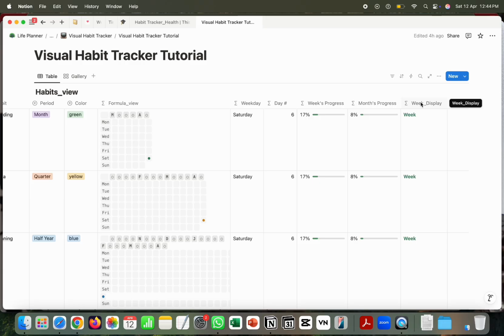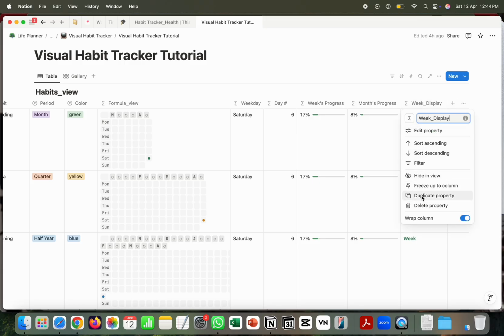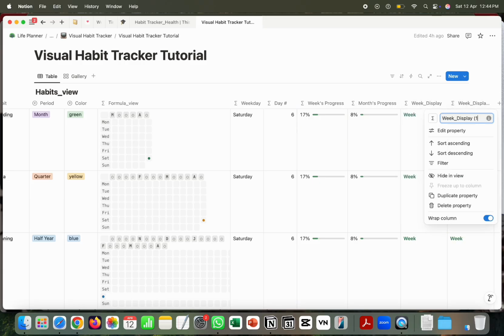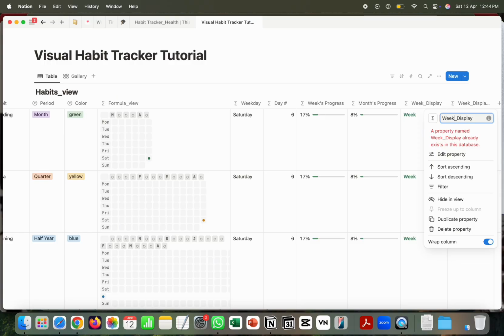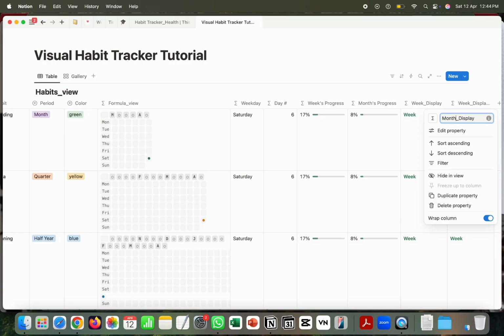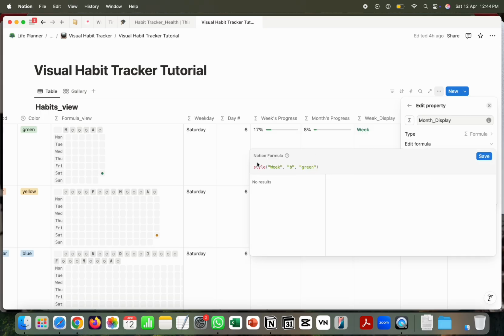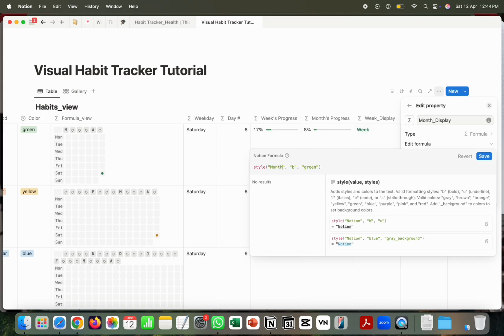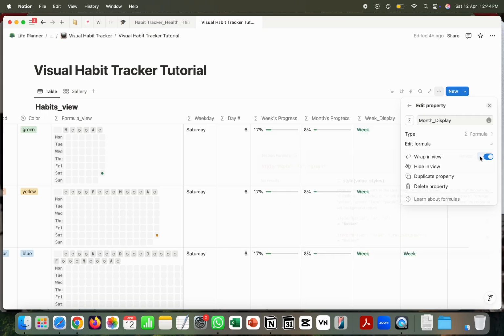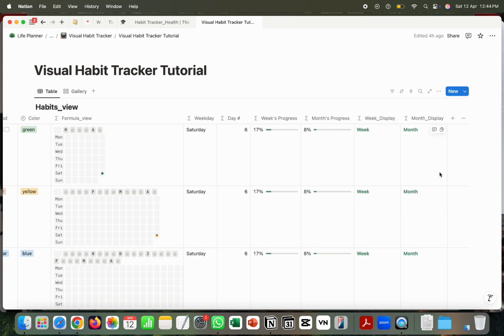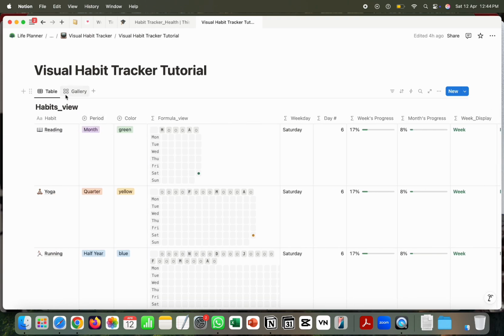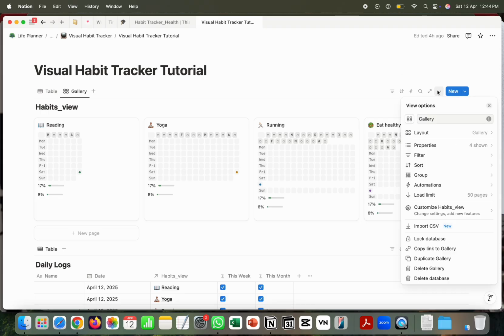And the same we do for month. So we just duplicate this property. We call it month display and we edit the property. So here we only have to edit the name and we save it. And now we have these two so-called headers, which we can now enter here in our